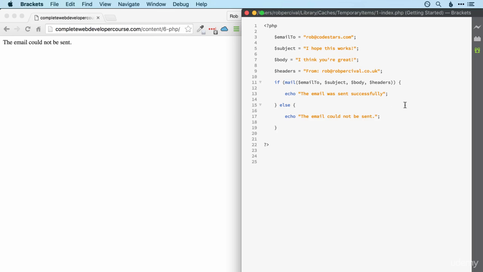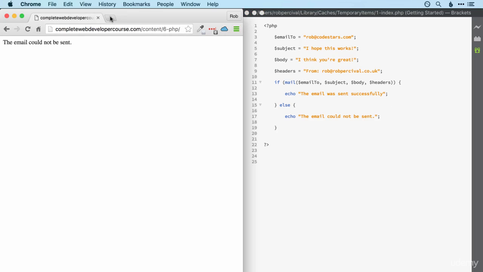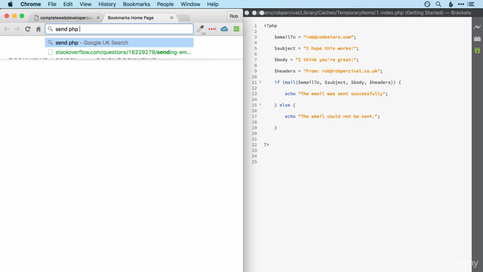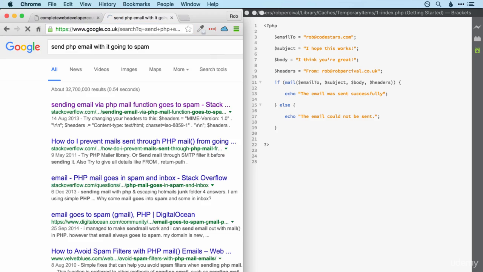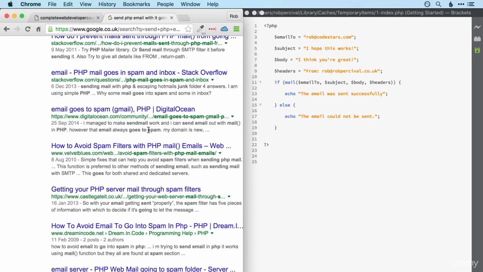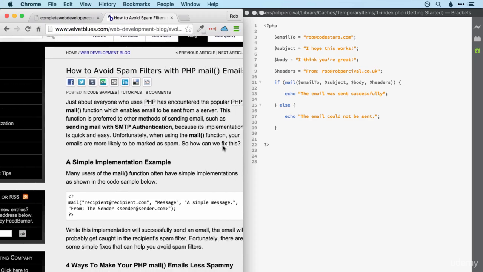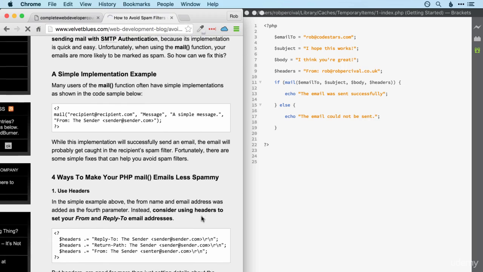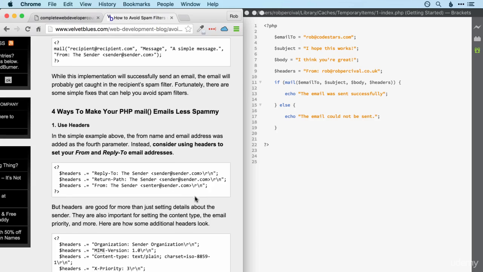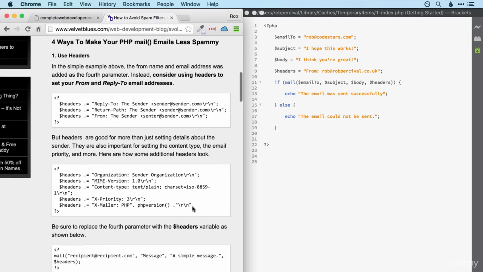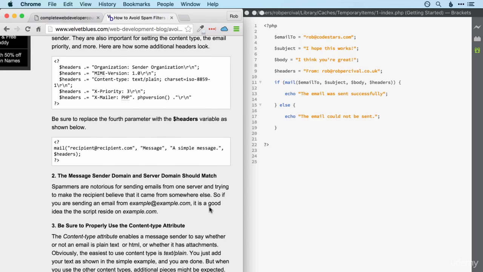So if you really want to get into this, you might want to start with something like, send PHP email without it going to spam, and you'll see a huge amount of advice here. So if we have a quick look at this one, avoiding spam filters. So that's your basic mail. So one way of doing it is to put more detail in the headers. We've got MIME types and all sorts of more information there. Another thing is to